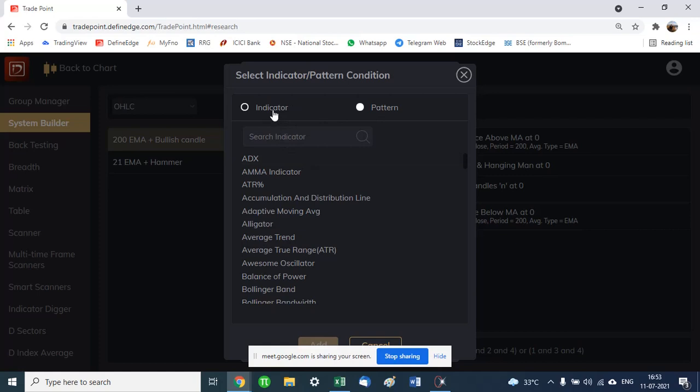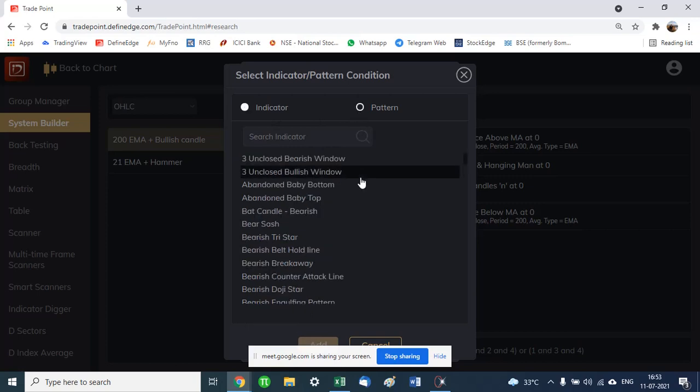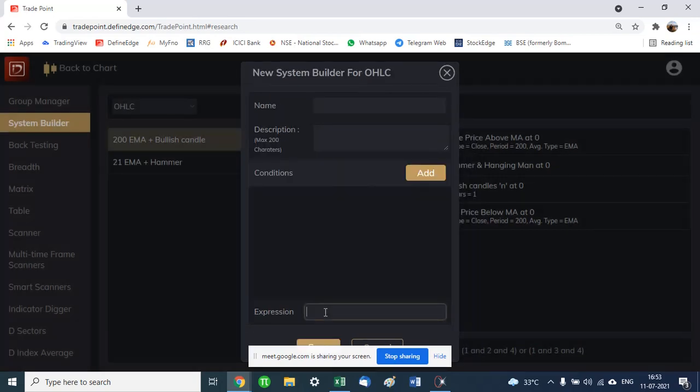You can add a condition as per indicator or as per pattern, say RSI above 60 or moving average above 55. All of those conditions you can add here, or you can add as per pattern, and then in the expression you define how many of those conditions have to be met. If you define 5 conditions in one scan, it can be 1 and 2 and 3 and 4 and 5, so all 5 conditions have to be met, or you can define it as 1 or 2 and 3. All those kinds of combinations you can run here. That is the job of the expression. You can build your own scans.